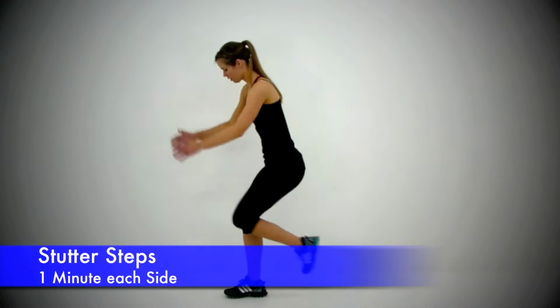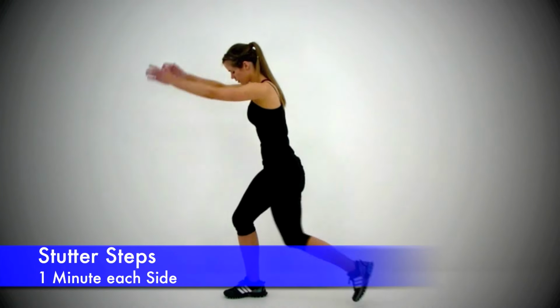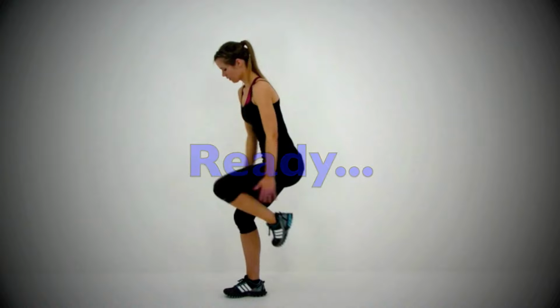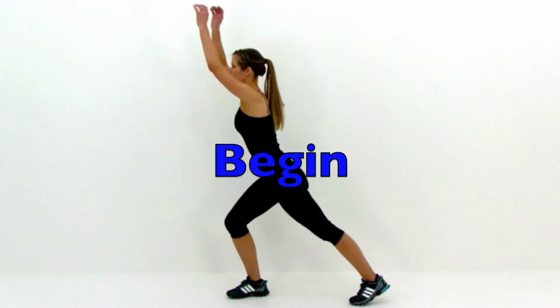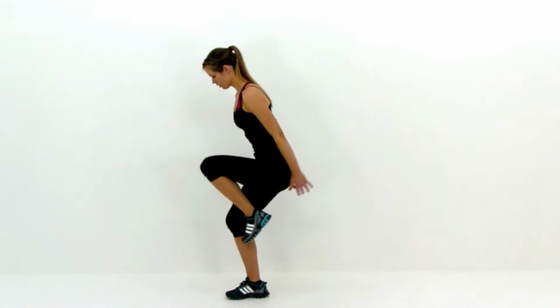Almost done. And let it relax. All right, moving on to the next one, the stutter steps. Go ahead and get ready. And begin. Drop down into that quarter lunge or that quarter squat, extending that left leg back behind you as